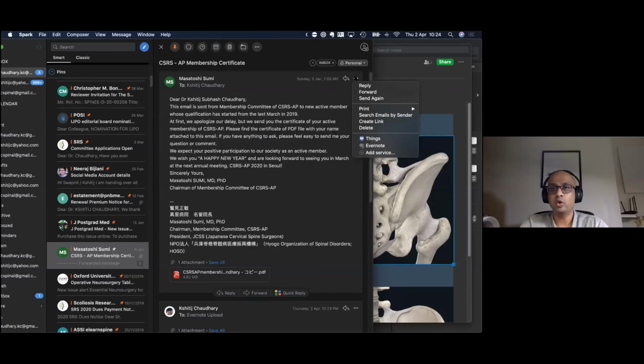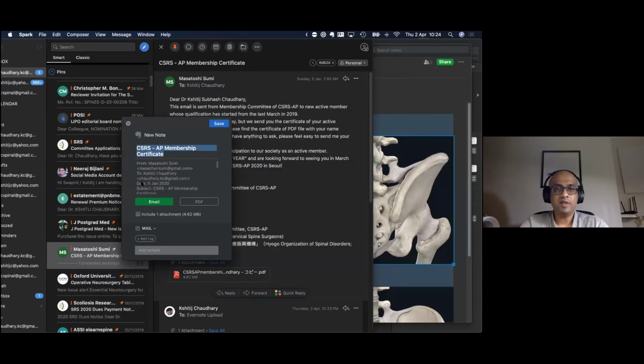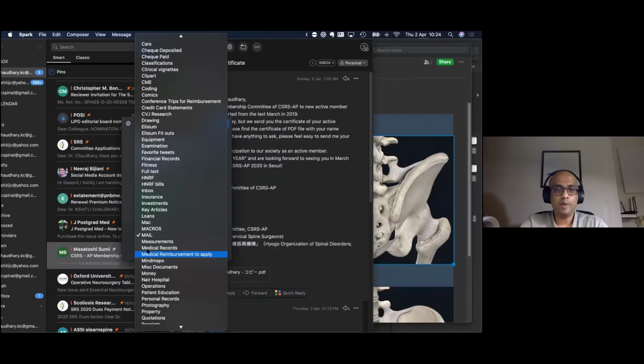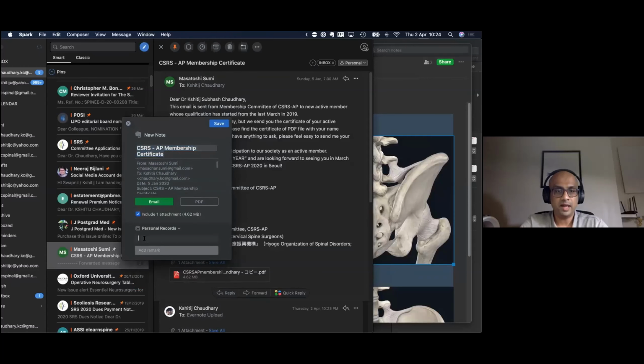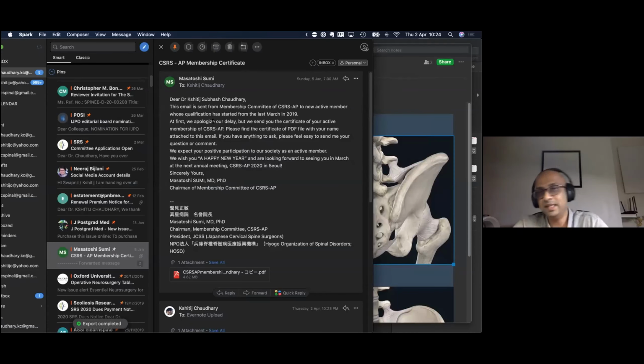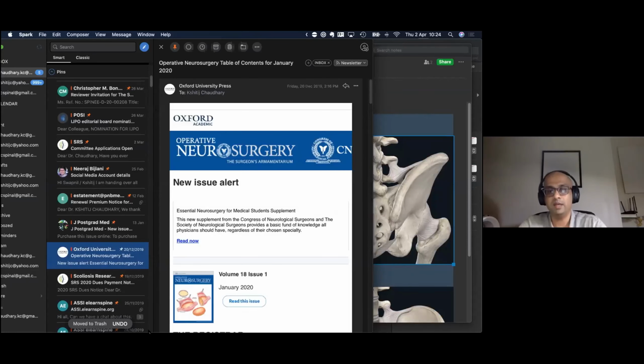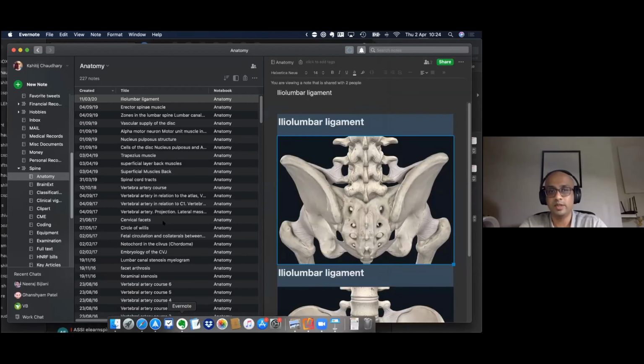I can go to these three dots, go to Evernote and say, save this email as an email, include the attachment, put it in personal records, and add a tag saying membership, because that's what it is, and just say save. So this email with this attachment goes in my membership, and I can delete this email from my email address. I don't need to keep it in my email account because I'll probably lose it.